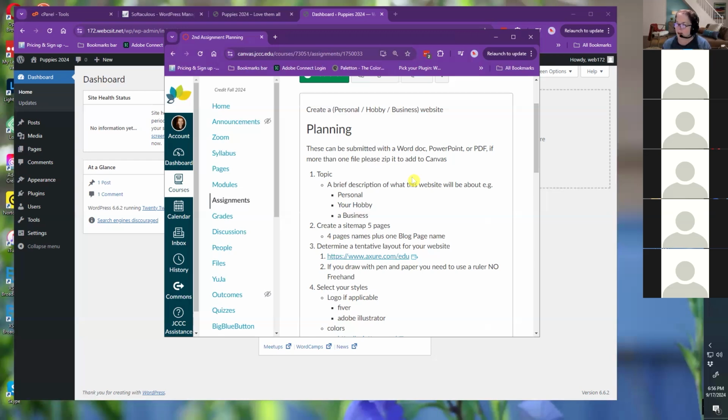You're going to have 5 pages. So I'd like you to tell me what 5 pages you're going to create. You're going to have 4 pages plus one that's going to be a page for your blogs or your posts that you're going to create. So actually, you're doing 4 pages, and then you're going to either have a news page, a blog page, or a post page. So I've already given you one of the pages. Okay. So you have to give me 4 more page names. So actually give me 5 page names and just name whatever your blog is